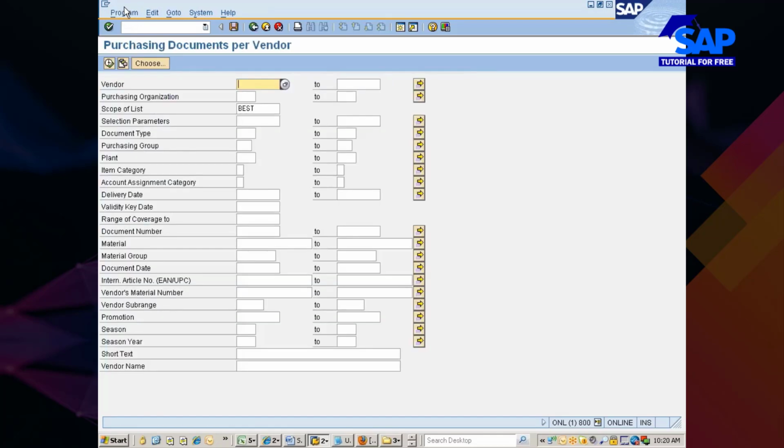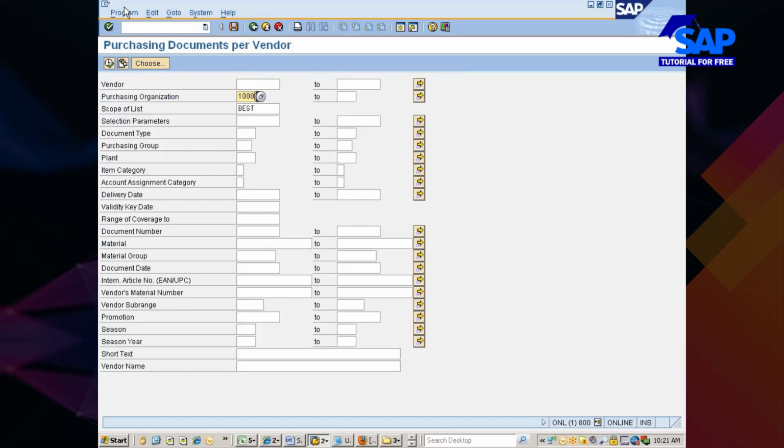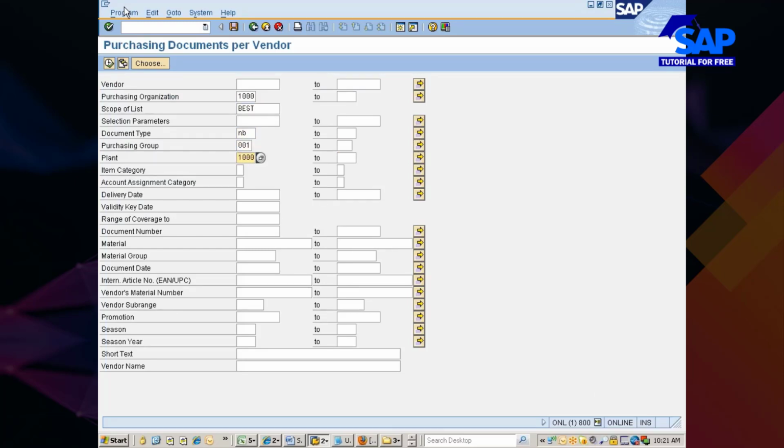My intention is to see all the purchase orders created for, say, a particular 1000 purchasing organization. Document type, meaning purchase order type, is so and so, plant for so and so plant. Plant is this one. And do I have the document creation date? Yes, I do have.